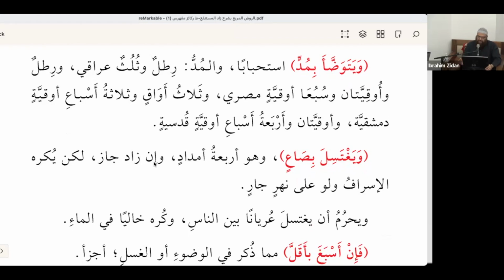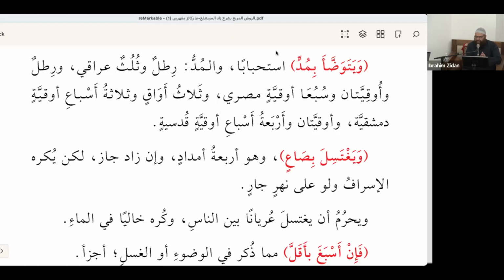So this is special with the ghusl of al-kafir if he becomes a Muslim, and the ghusl of al-haid. Clear? ويتوضأ أو يتوضأ based on the عطف on what's before بمد. Now how much to make the wudu using what? He says ويتوضأ بمد. The wudu is sufficient to use mud, and al-mud is the 2 handfuls of water of